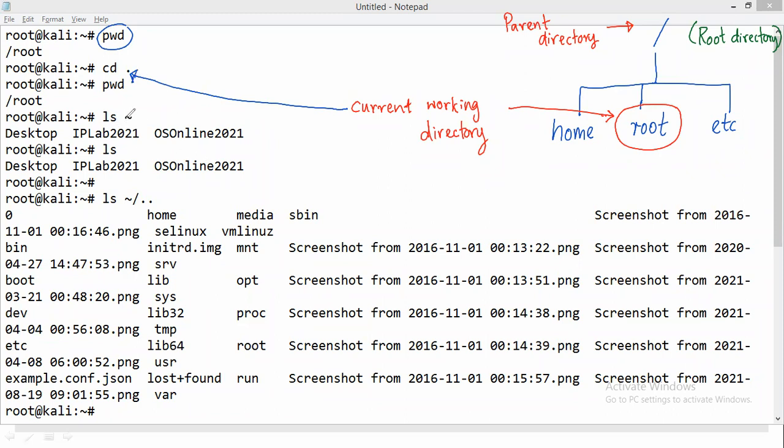And what is this ls and tilde sign? This is not a hyphen, it's a tilde, right? So you have to find out where the tilde sign is on your keyboard. It should be close to the tab key and the escape key. This tilde sign denotes the user's home directory. Okay, so the meaning of tilde